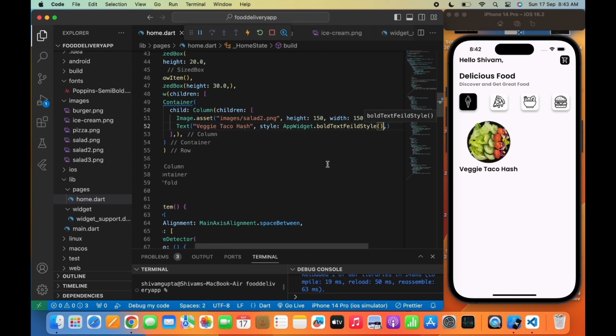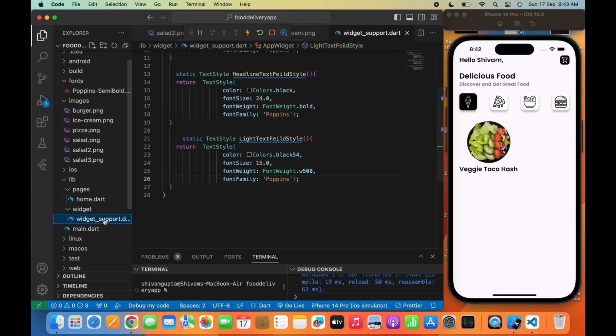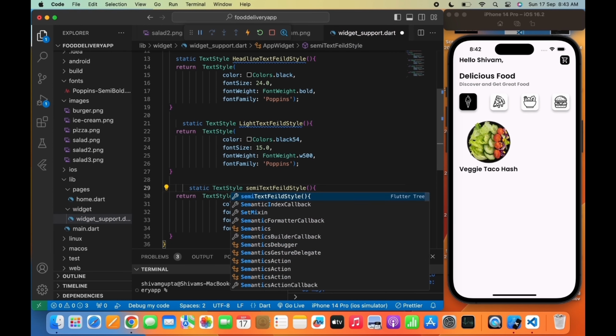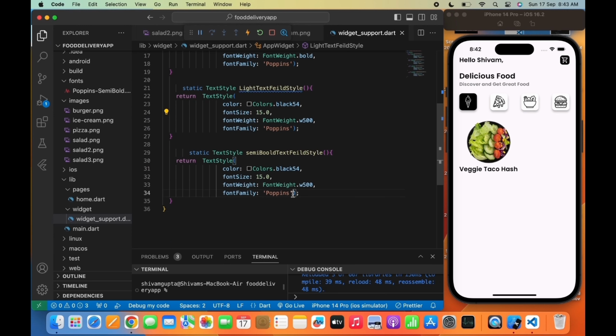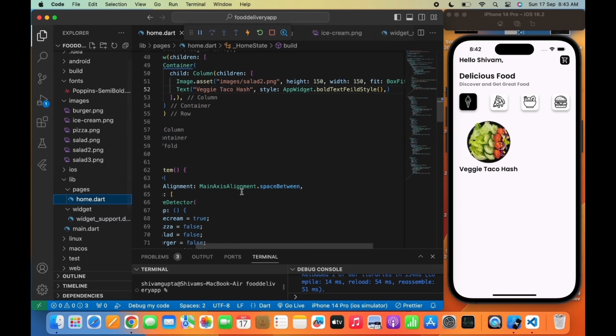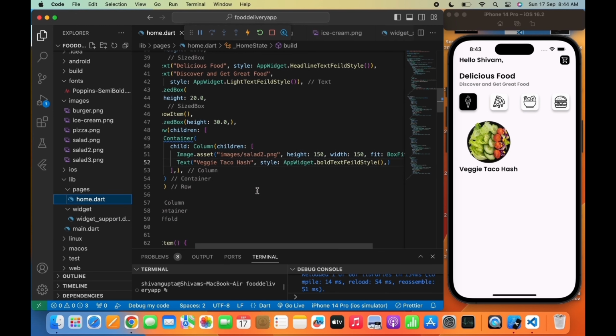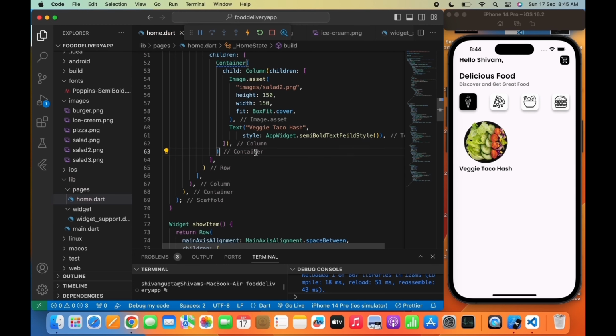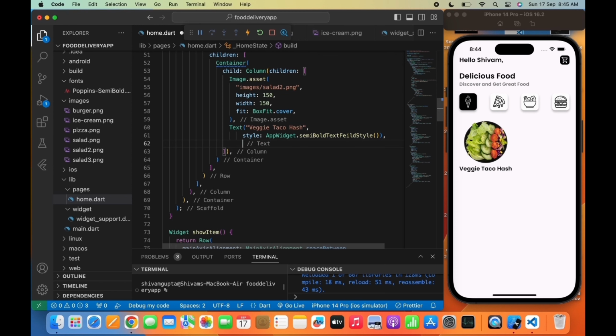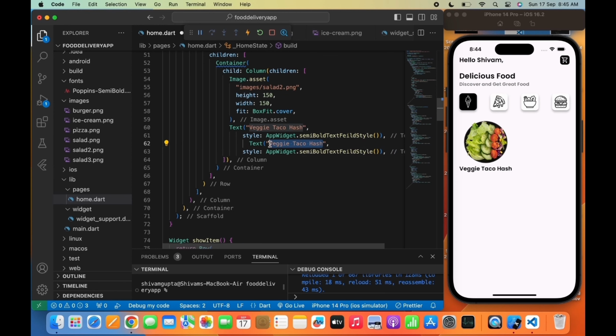So I will move to the widget support.dart again and will create a new function named semi bold text field style. Now I'll copy the same text and will paste it below, where I will pass a simple line